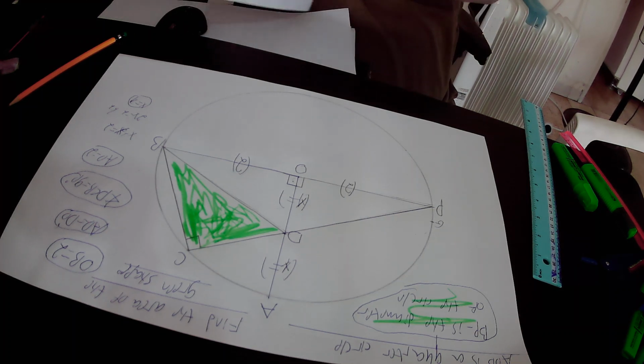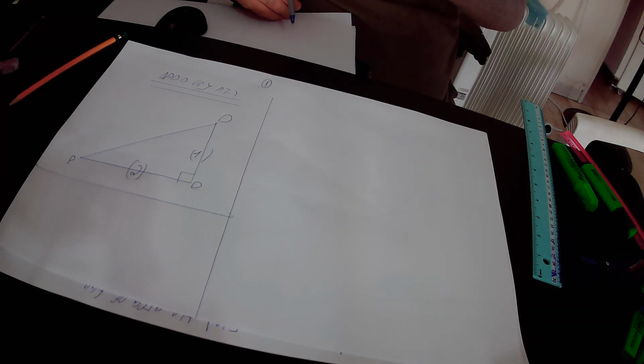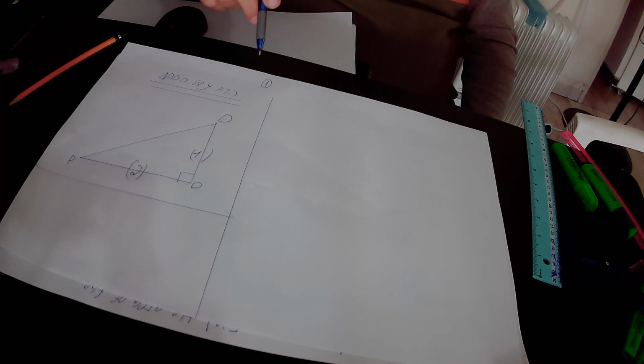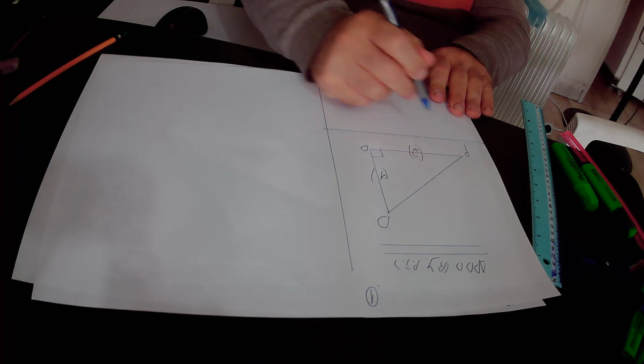So this is the right triangle PDO that comes from the original drawing. According to the Pythagoras theorem, in this right triangle PDO,